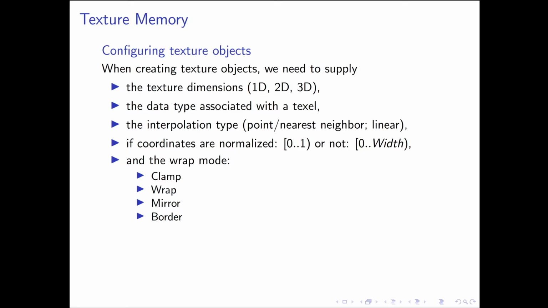We tell it the interpolation type, which is either point or nearest-neighbor sampling, so basically zeroth order sampling with no real interpolation, or linear interpolation. We can also specify whether the coordinates that we use for accesses are normalized or not. When they are normalized, they're just between 0 and 1. When they're not normalized, they're within a range of 0 and some integer which corresponds to the